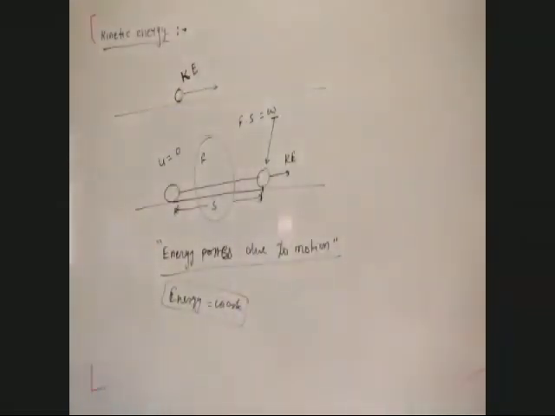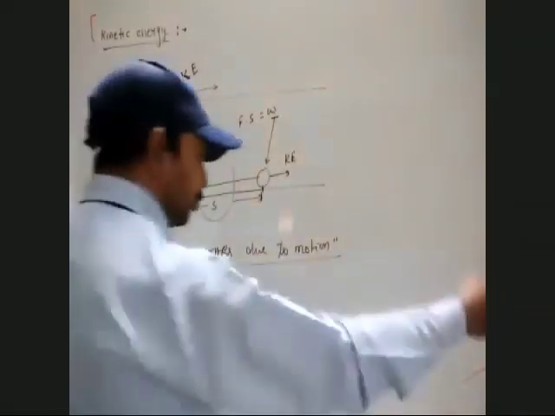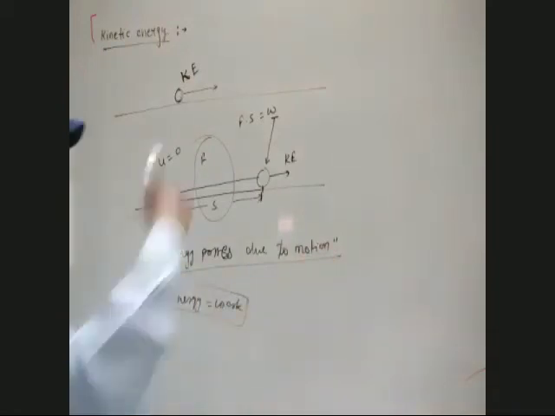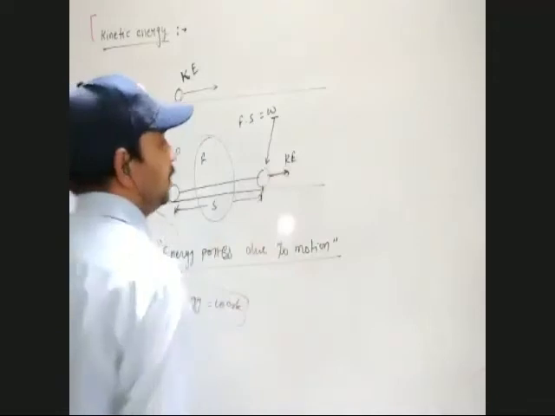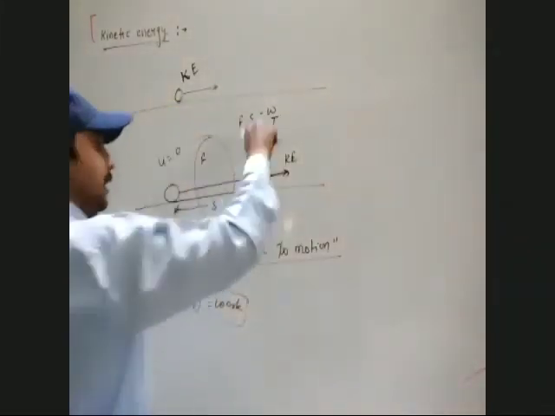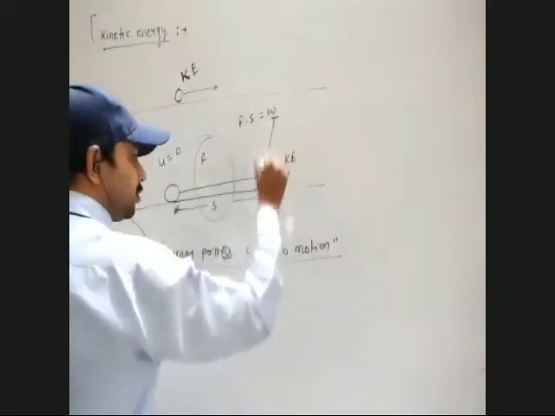Is this making sense? I held an object and pulled it. As long as I keep pulling it, I'm applying the force. And as I leave that object, I'm not applying any force. That object moves with constant velocity in inertia and has kinetic energy. The work I did is converted to kinetic energy and stored in this object.